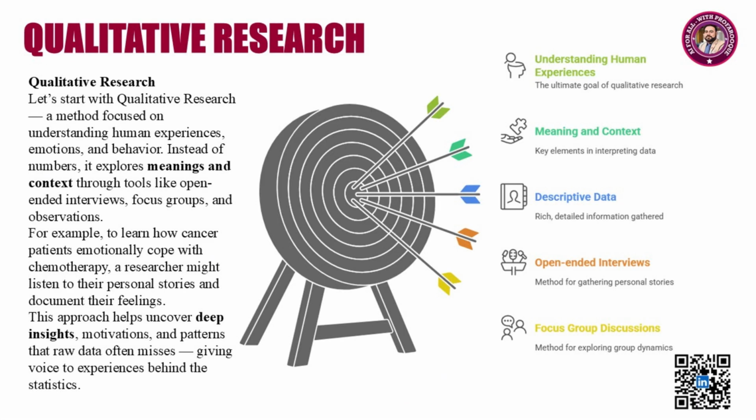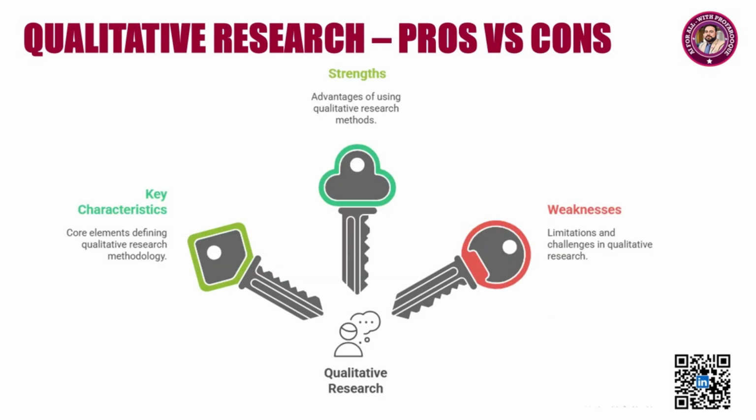Qualitative research. Let's begin with qualitative research, a method that dives deep into human thoughts, emotions, and behaviors. It's not about numbers, it's about meaning, context, and personal experiences. For example, if a researcher wants to understand how cancer patients emotionally cope during chemotherapy, they might sit down with a few patients, listen to their stories, and document the emotions they express. This method helps us discover patterns, uncover motivations, and explore the richness of human experiences, often revealing what numbers alone